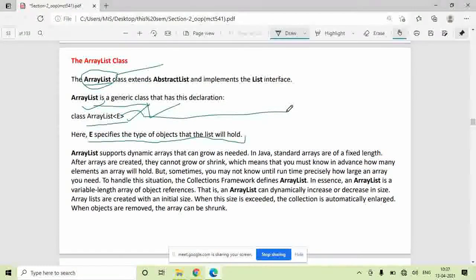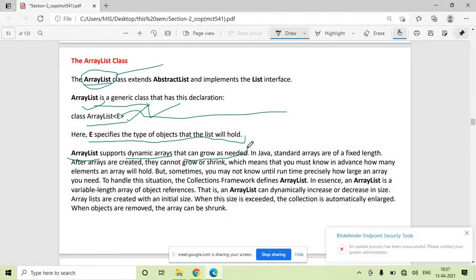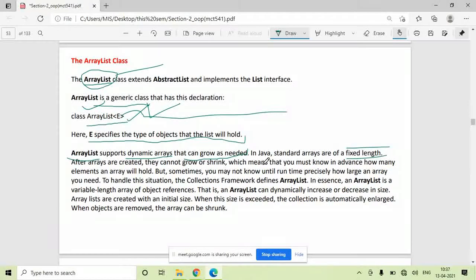Now what is the use of this ArrayList class? ArrayList supports dynamic arrays that can grow as needed. Up till now, whenever we have created an array, we have provided a fixed length, int a[5]. So integer array a is of type integer and has the capacity of storing 5 integer elements.